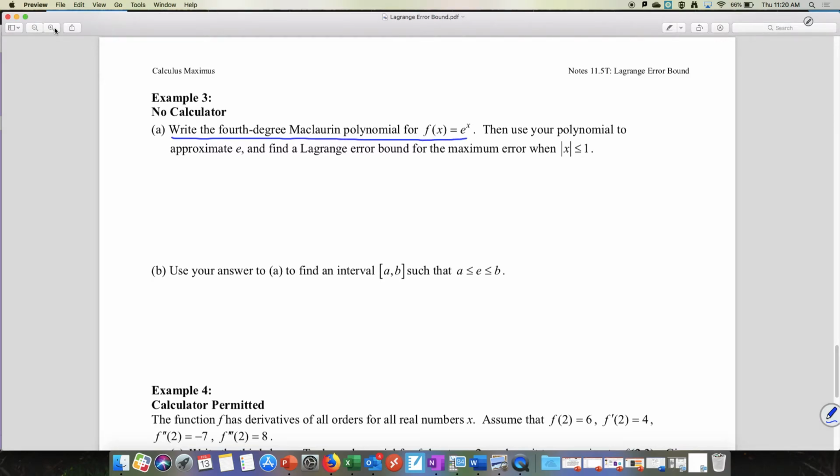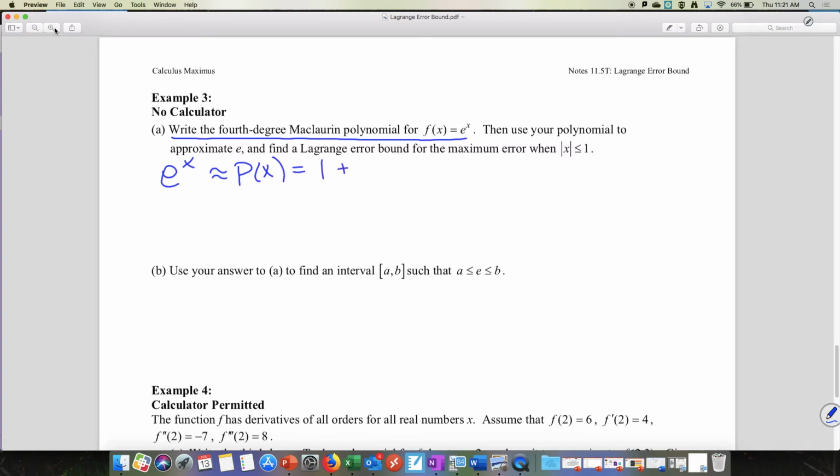Write the fourth degree Maclaurin polynomial for e to the x. Can I just say they're all e to the x and stuff? They're all the same value. Okay, are all of our derivatives e to the x? Yep. Okay, so e to the x is approximately our polynomial